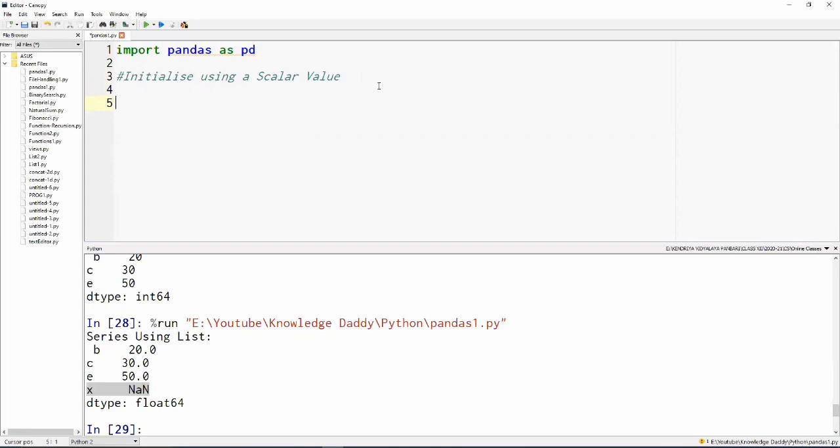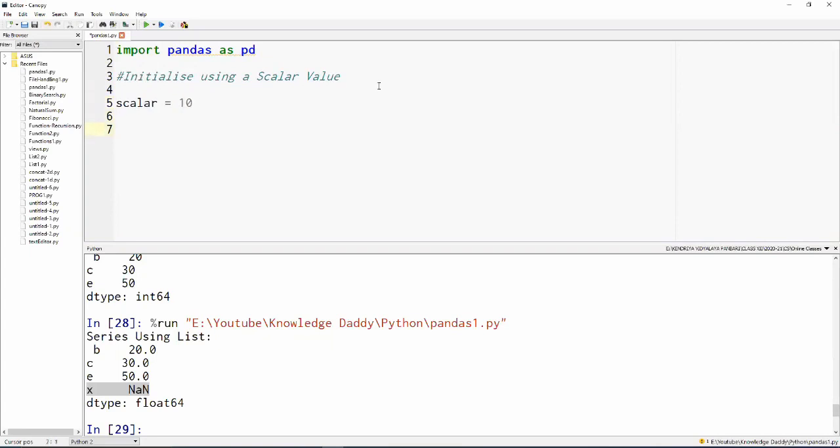A scalar value is nothing but any kind of constant value, which can be an integer, a float value, or anything. We can define it inside a normal variable. Suppose a is equal to 10, this is my scalar value. Let's name it scalar.